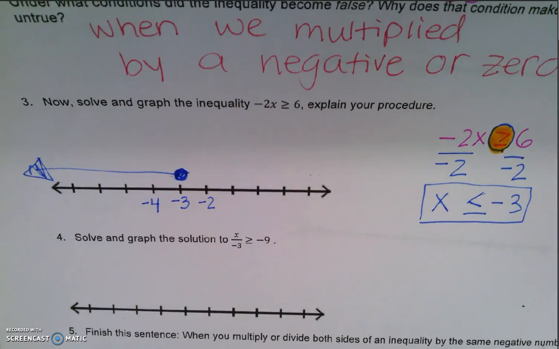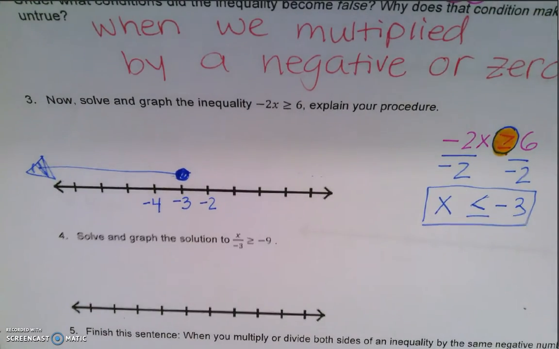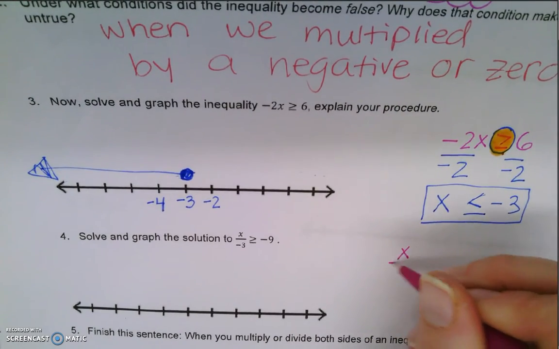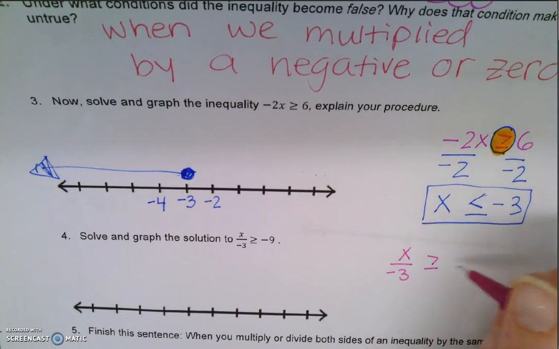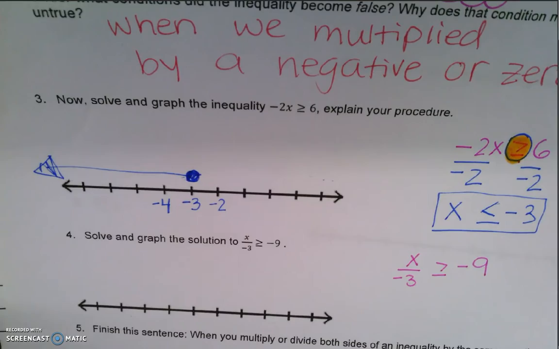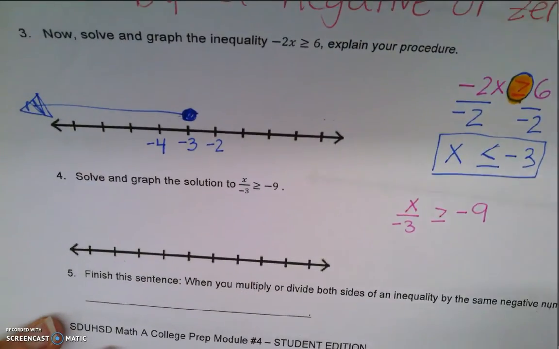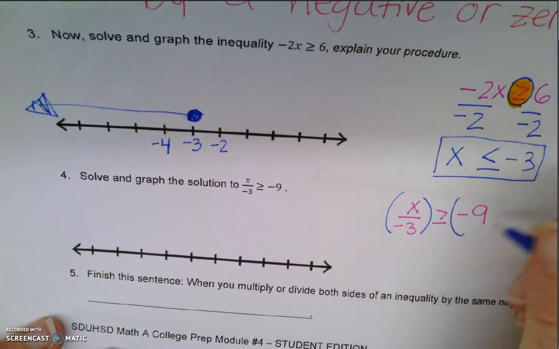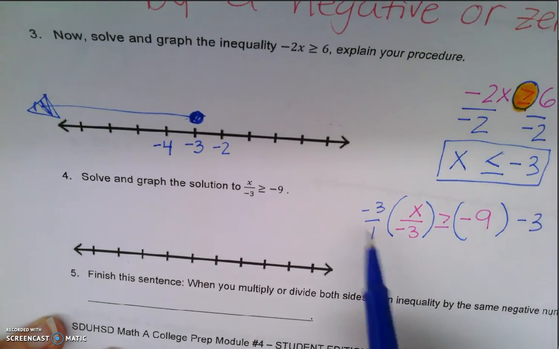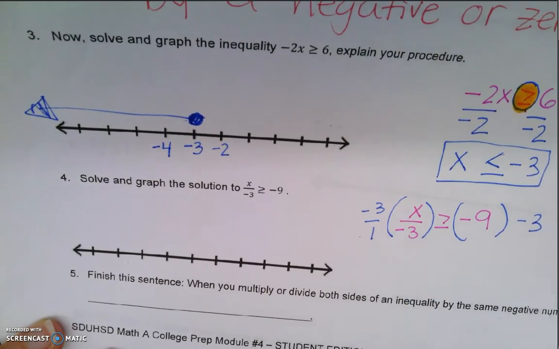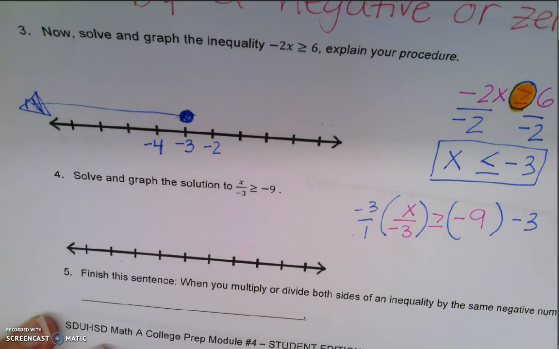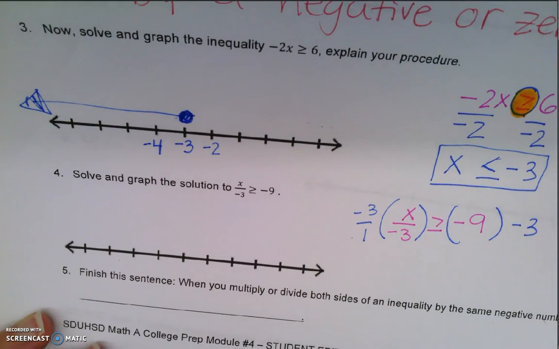Here we have x being divided by -3 is greater than or equal to -9. So I'm going to rewrite the inequality over here so I can show my work to solve. How do you undo dividing by -3? Oh, you would multiply both sides by, you got it, -3. I'm going to write it as -3 over 1 on this side just so I can deal with my fractions. These cancel out, and I am left with